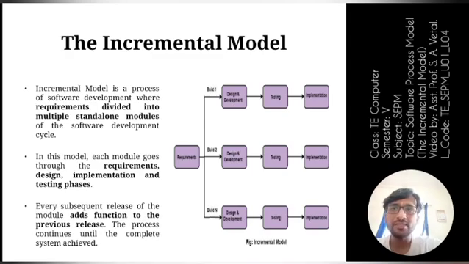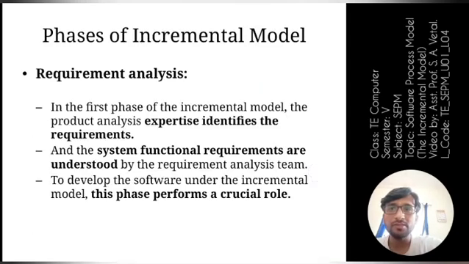There are different phases that are carried out under this incremental model. We will see the tasks that can be done under these phases of the incremental model. Let us start with the first phase, that is requirement analysis.